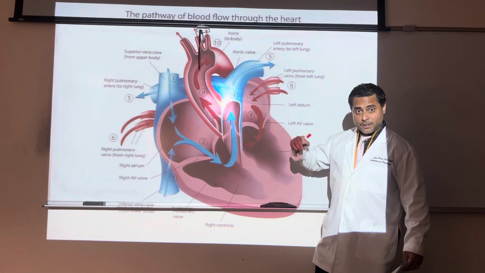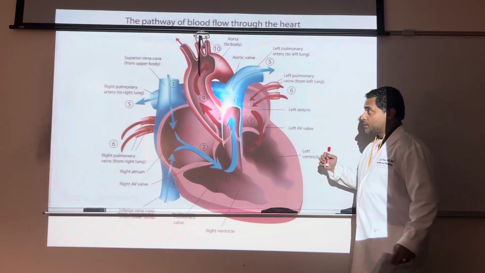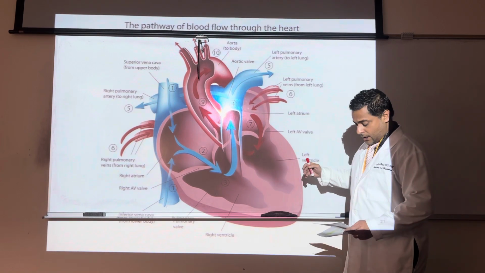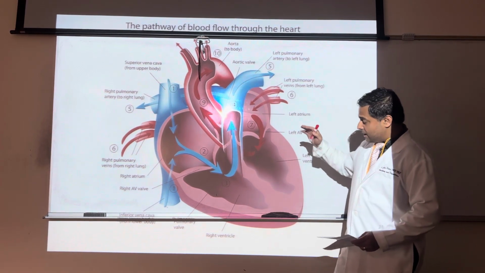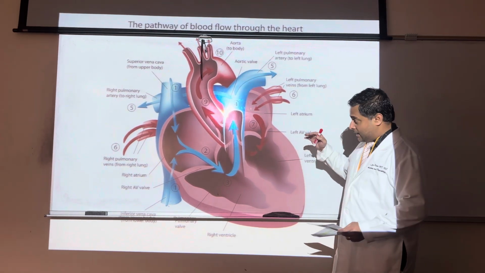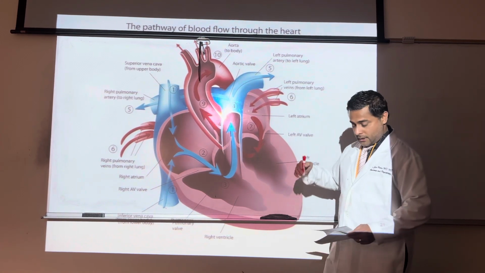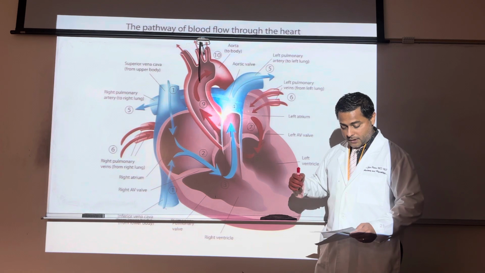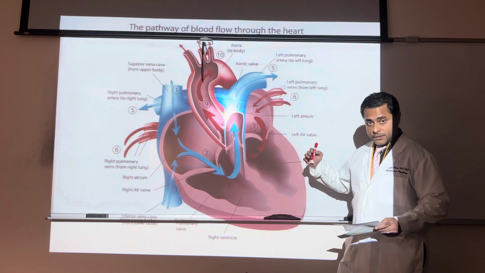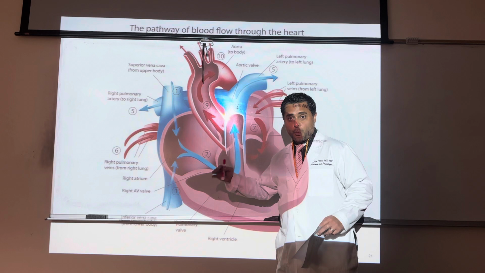So hello everyone. In this video, I'm going to be talking about the blood flow through the heart. In other words, how the blood is flowing through different structures and different chambers within the heart. Understanding the pathway of the blood flow through the heart is important because understanding this will help us understand how oxygen is delivered to the body, the different cells and the tissues in the body, and also how nutrients are also delivered to various tissues and cells in the body, and as a result of that, how we can maintain